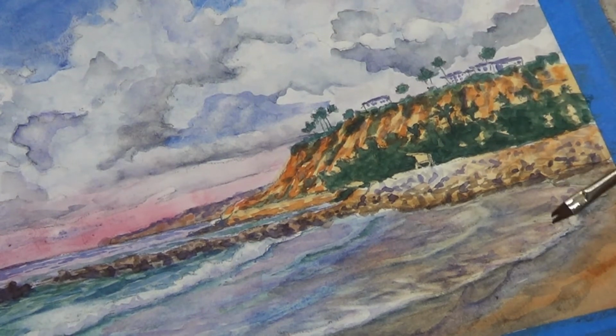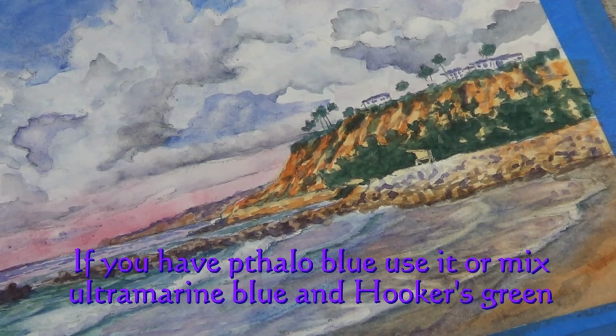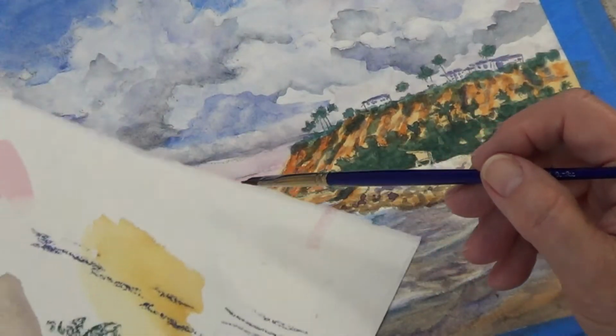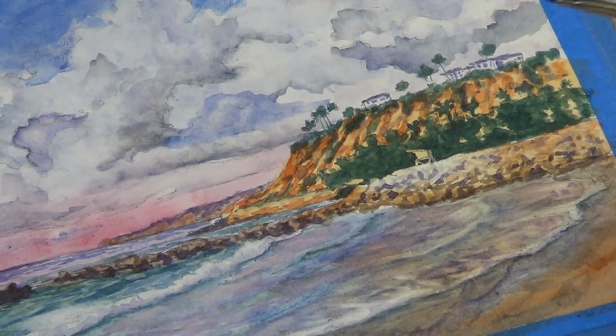Now I'm going to come back in and finally put in some color on my little building. If you have phthalo blue, now remember you cannot lift phthalo blue, especially once it's dry. If it's still wet, you have a better chance of getting it off. Okay, where is it? Phthalo blue is this color here, and that's almost the color that we want. There's a little yellow from previous